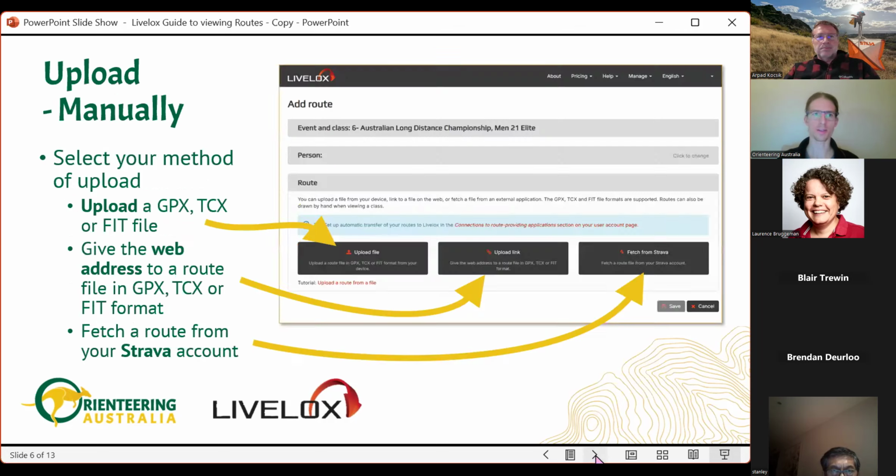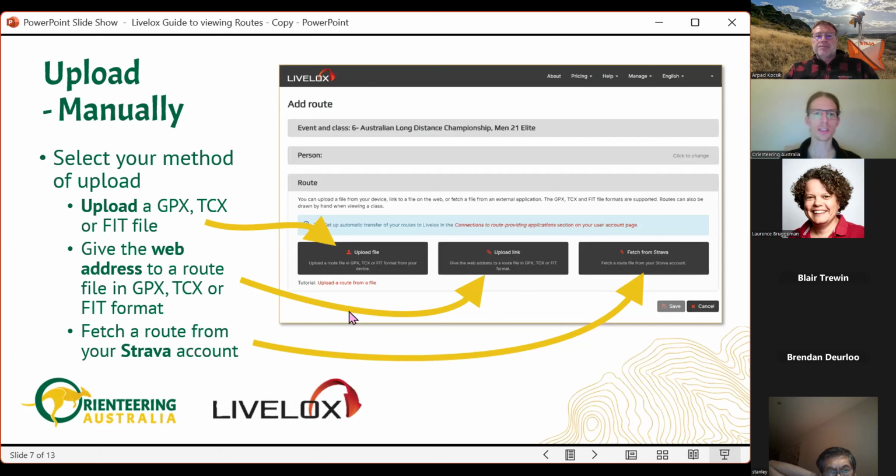One way is manually uploading your route. Now, Strava has been disconnected from automatic uploads in Livelox due to rules about sharing information. And so if you've got a Strava and you record your routes via Strava, you're going to have to do it manually.